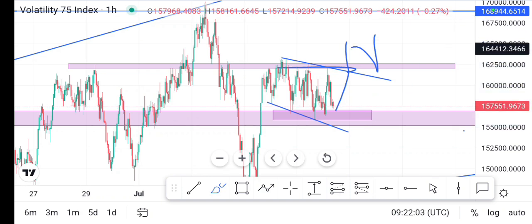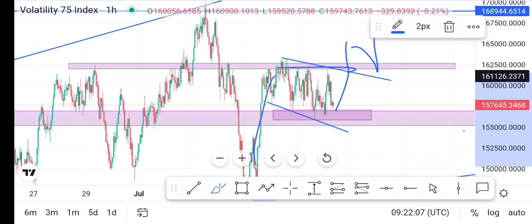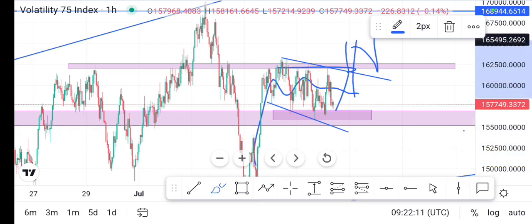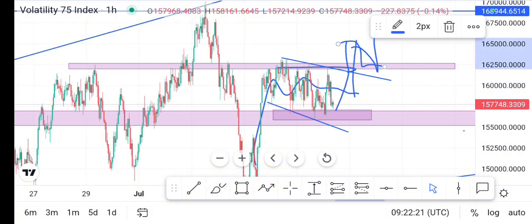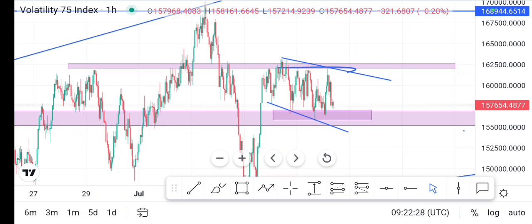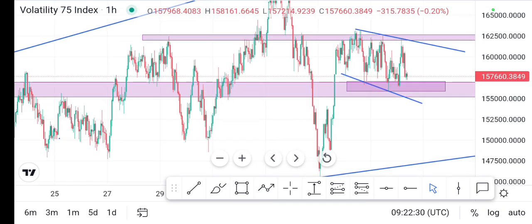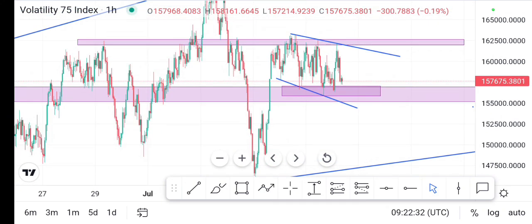But keep something in mind. Whenever you see a flag like this, there is a high chance that if it breaks above, it will not come back to make a retest. It can just continue going, it can continue moving further without making any retest of the flag. It just breaks at once and then continues to go up directly. So that's what we are having right now.